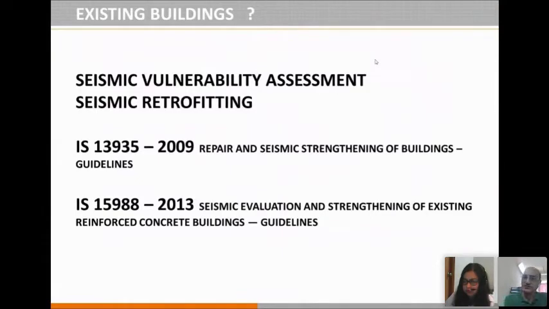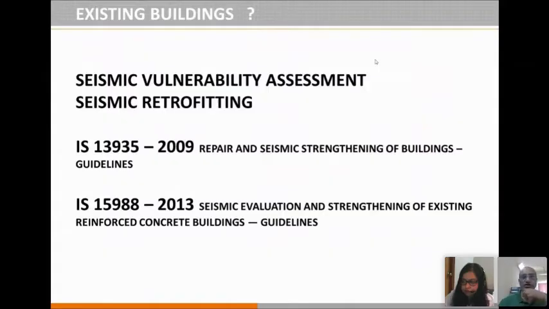In developed countries, there is a standard framework of guidelines prescribed for existing buildings for their seismic vulnerability assessment, then seismic evaluation, retrofitting strategies, and retrofitting quality assurance. And there is a holistic approach they are giving, whereas in our country that activity has also recently been taken